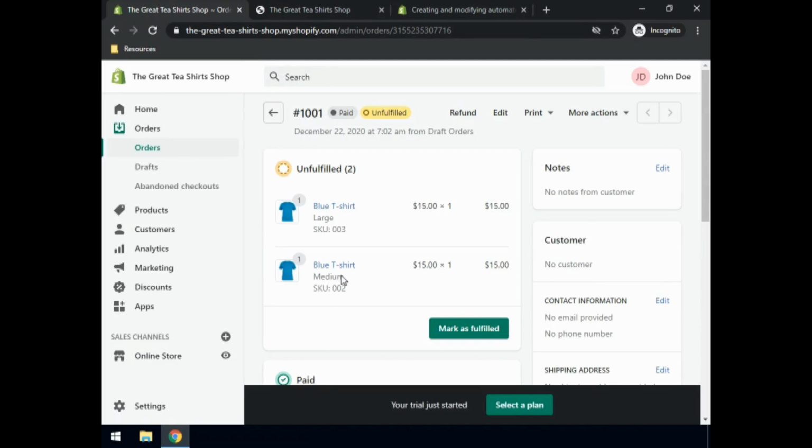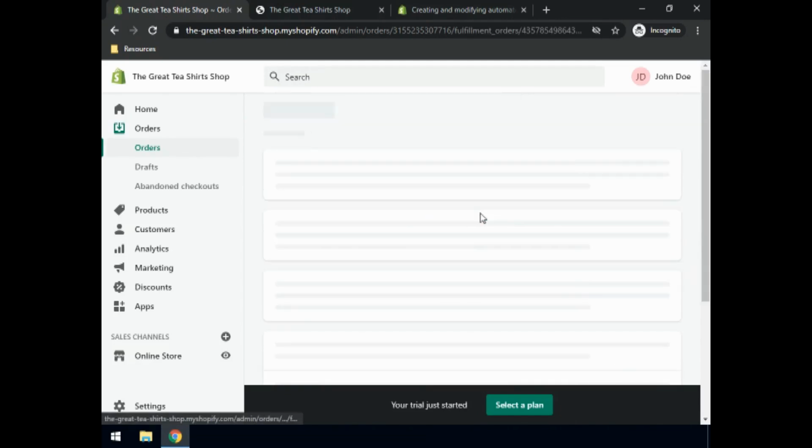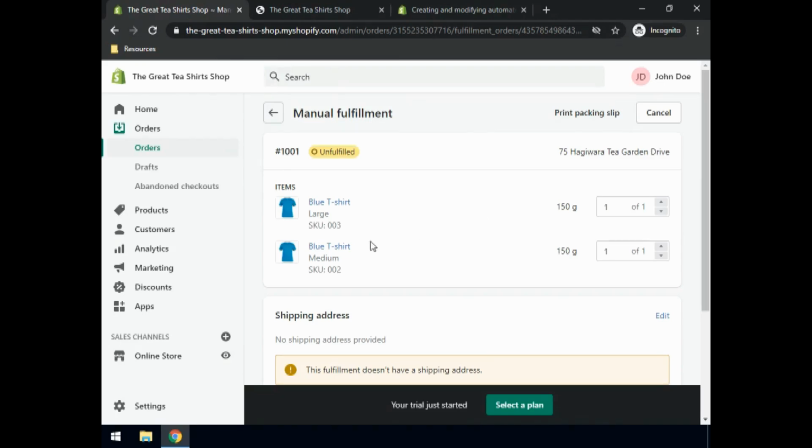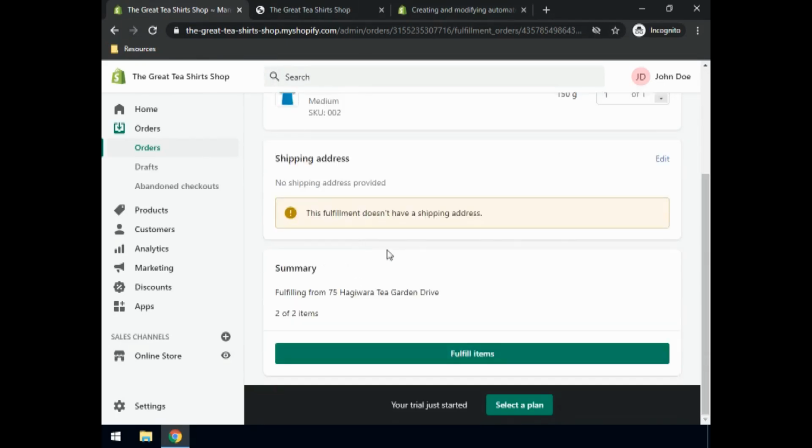This will have generated an unfulfilled order that you can later on mark as fulfilled, and it's paid already. Let's mark it as fulfilled. Now the order is complete. You have 2 items and you have it fulfilled. Clearly you need a shipping address and a client to fulfill this,